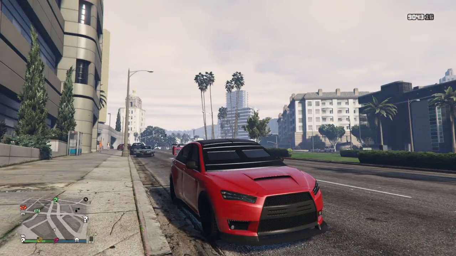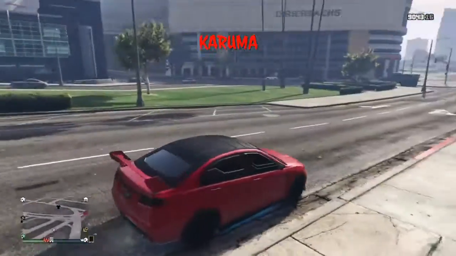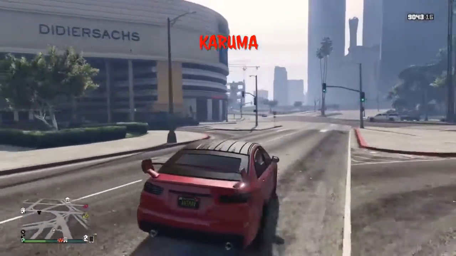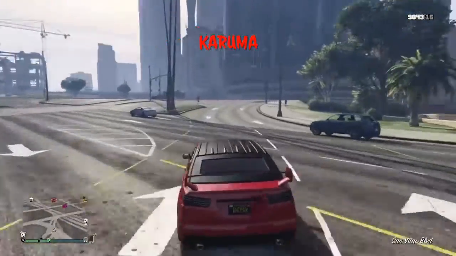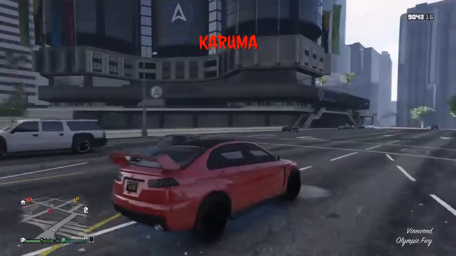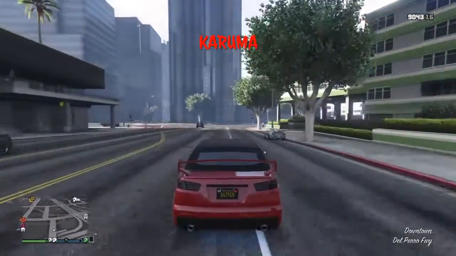Okay, so the first thing on my list is a Kuruma. I can't say how many times this Kuruma has been useful to me, especially times I was doing heist glitch. We need the Kuruma just to escape. This Kuruma, I'm so glad they added this to the game. It can be so helpful. If you don't know,